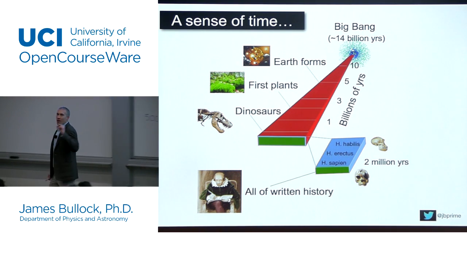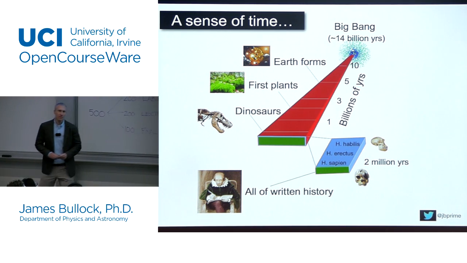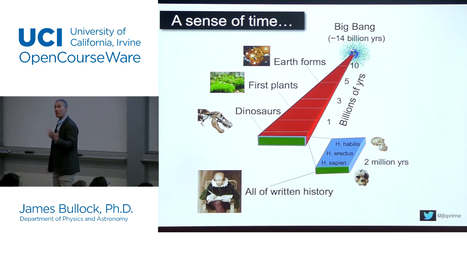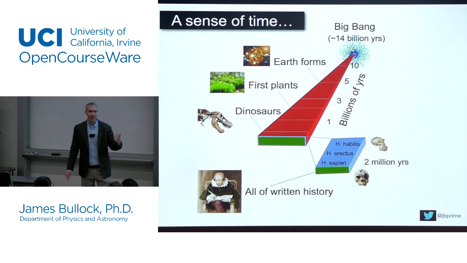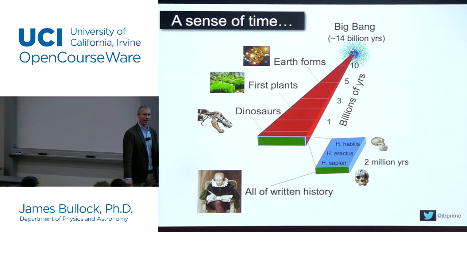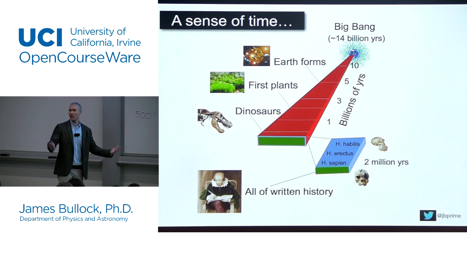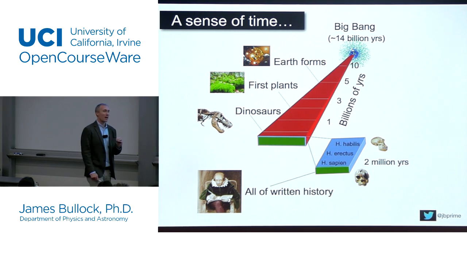So I mentioned this before. The universe is 14 billion years old. That's really old. Now, it used to be, I would say, a number like 14 billion in a class like this, and people would be like, wow, that's really old. But now, with the debt being like 20 trillion or whatever it is, 14 billion doesn't seem so big, right? Like, $14 billion, a lot of people have $14 billion. There's like 20 billionaires who have that much money. But 14 billion years is a long time, okay?